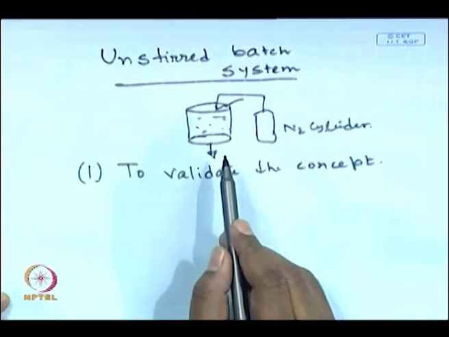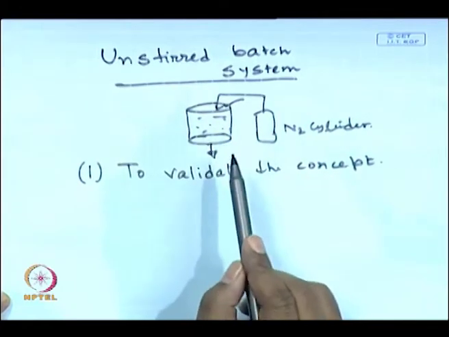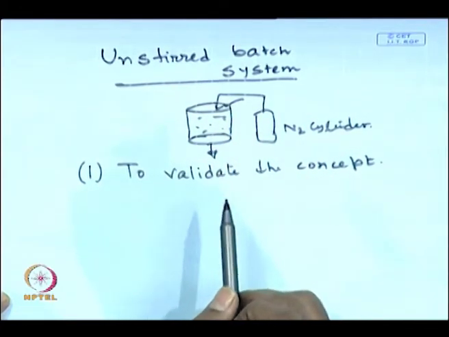Now, number 1. Number 2 is that if a concept is validated, say you use a 10,000 molecular cutoff, that will suffice to validate your system, to bring down the concentration below a particular level. That will be the best, because this is a worst performer. The unstirred batch system is the worst performer. Why is it a worst performer compared to the cross flow system? Because you are not using any stirring, you are not using any turbulence.